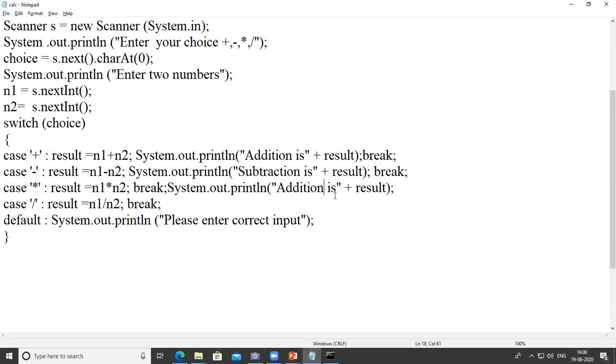Multiplication. Division is. Plus I use for concatenation. This is a string and this is a value. For concatenation, we use the plus sign.